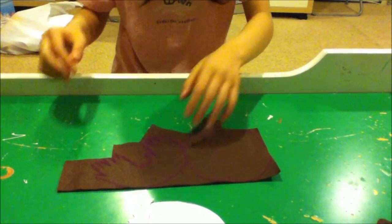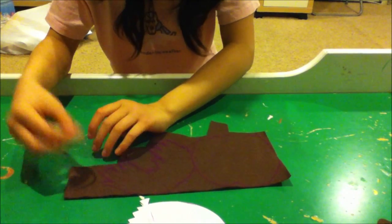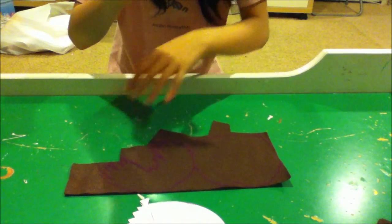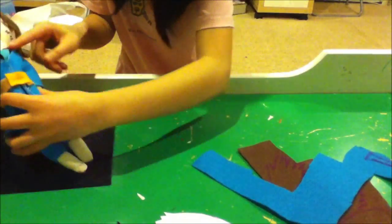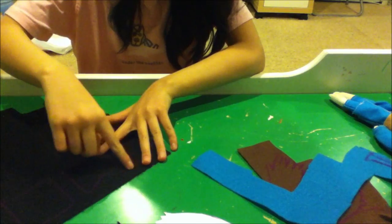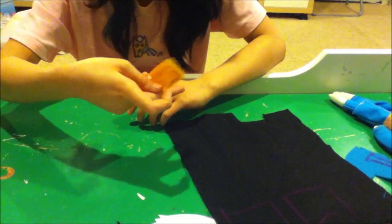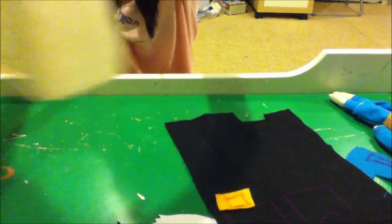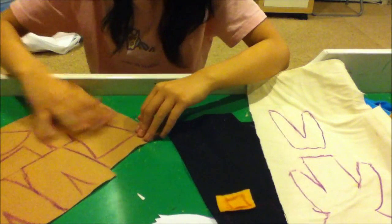Oh, I did everything. It's easier actually if you just cut the curl without tracing it, because tracing the curl is kind of hard since it's so skinny. You're gonna need one back, one front, one tie. This is this part, and you're gonna need one with the V and one square. One of the belt squares, the body and legs, the uniform,